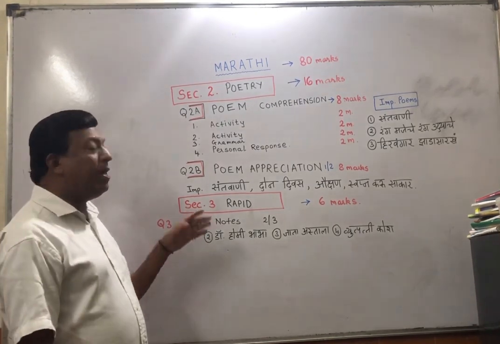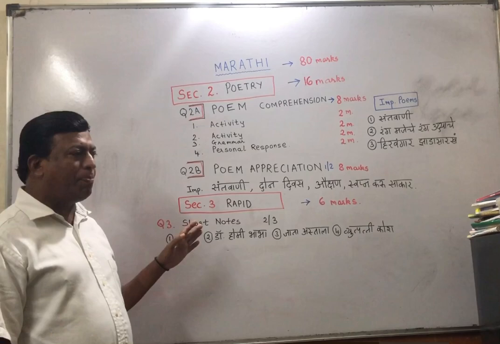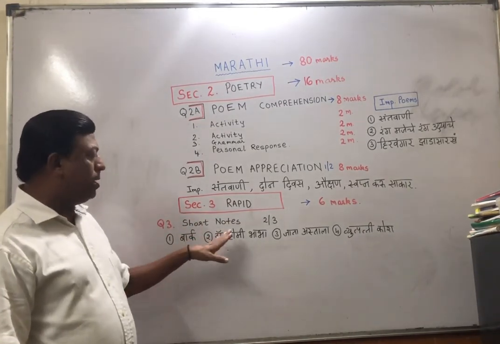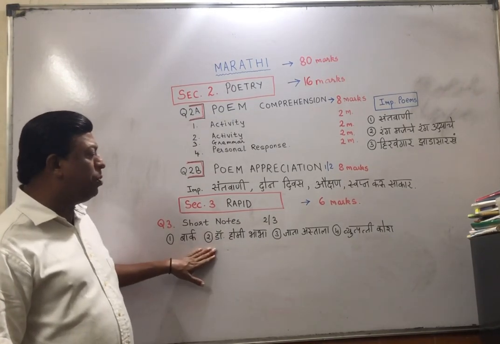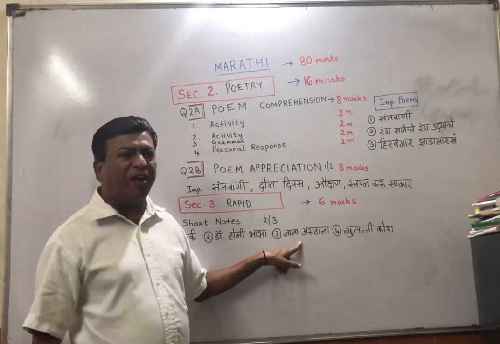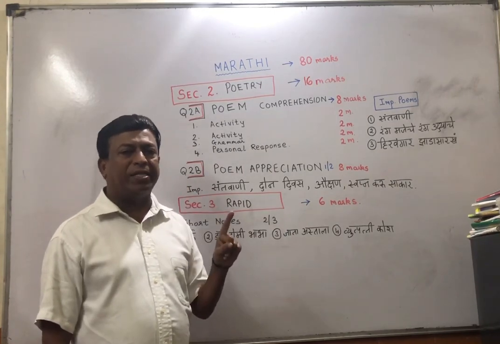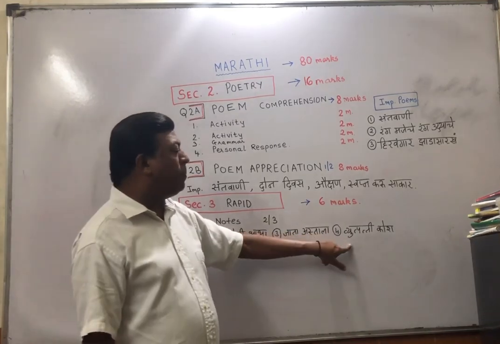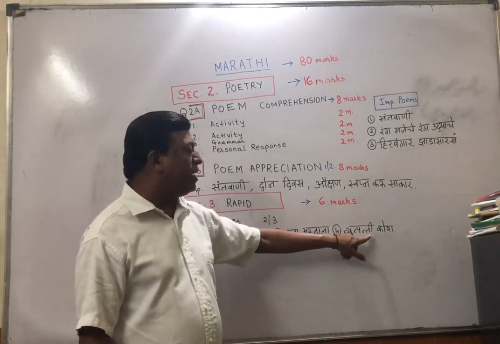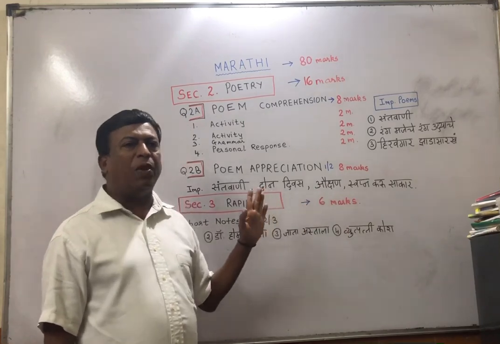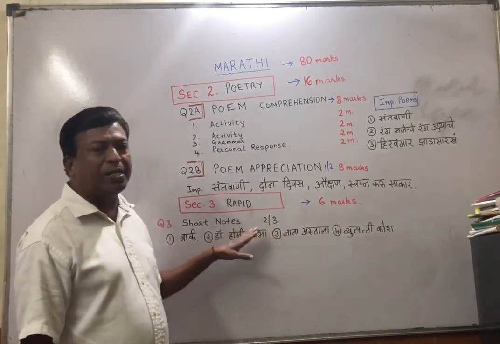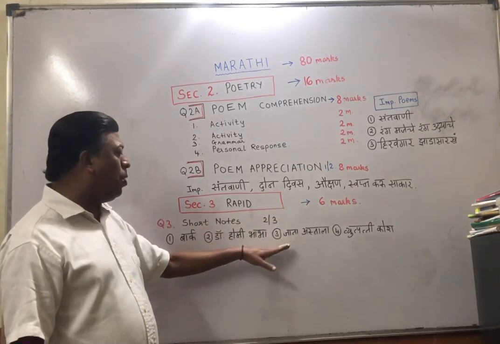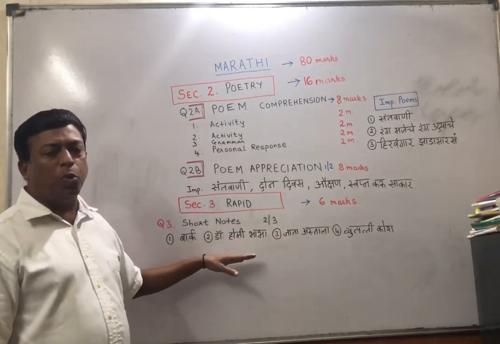So if you leave the cactus chapter and do the remaining ones, the bark chapter, Hotas Lili Mulano, from that chapter I have given you 2. Then Jata Astana, all the 5 questions I have converted into one answer. So do that one answer. Any question comes, write that one answer. And Vyapati Kosh, I have given you one answer. That is the last chapter. Only one chapter you have to leave. If you do these 4 answers, you are safe and you will get 6 marks. I'll upload those answers for those who don't have.